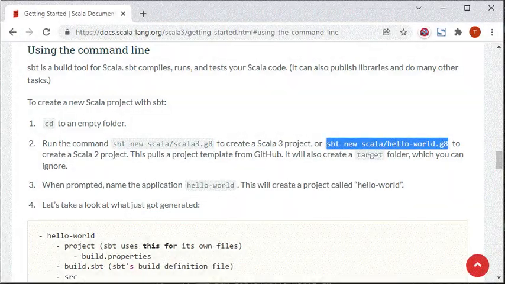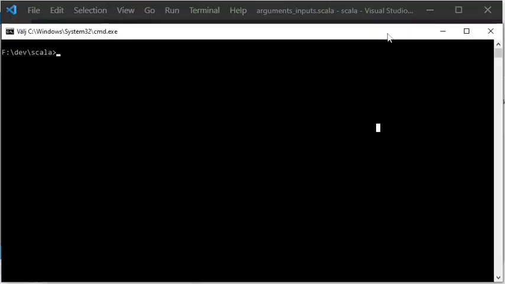Now I will show how to run the program with sbt. You can generate a new sbt project by typing sbt new scala/hello-world.g8.